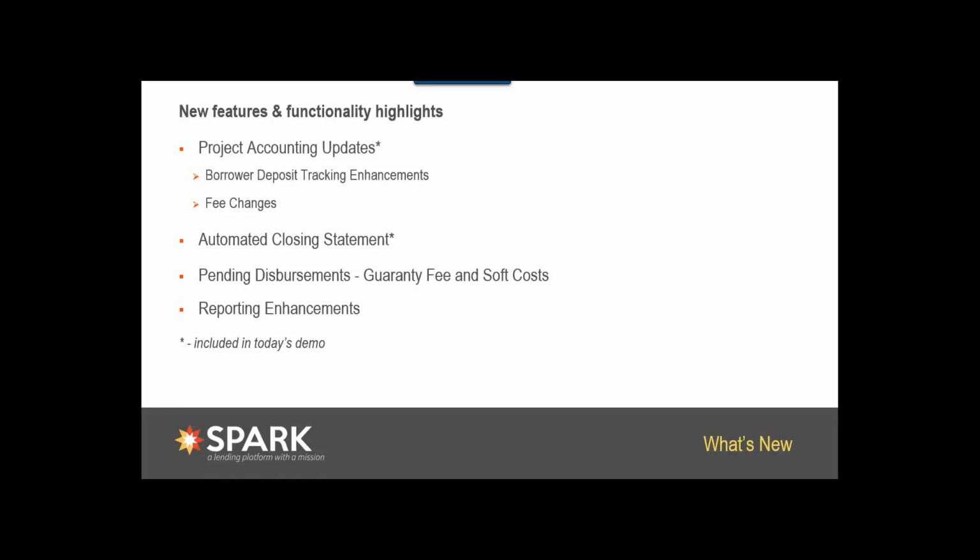And then you also have the ability to mark a fee as paid without associating it to an actual invoice. We also have a brand new automated closing statement, and this is going to automatically balance based on the information in the project accounting section and the current budget. So most likely users will have to answer some questions about how the funds are going to be allocated, and you'll be able to change the name of the disbursement categories,